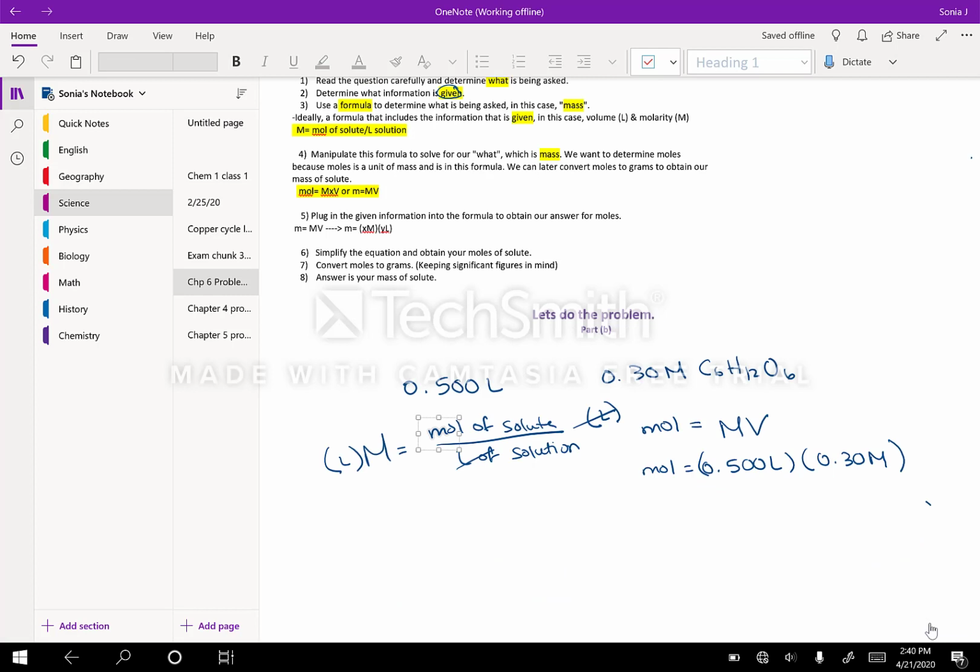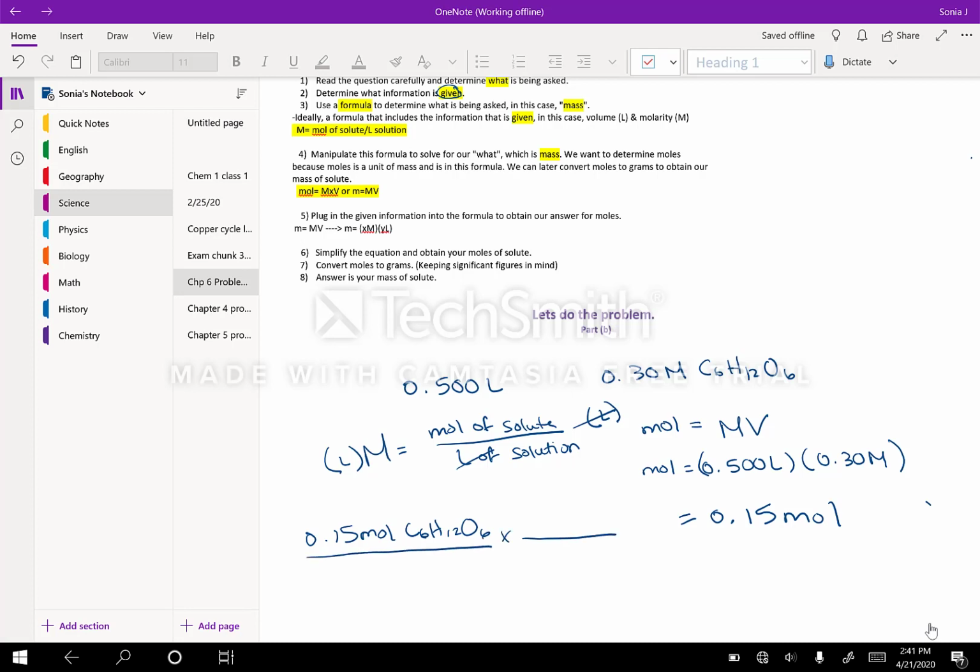Alright, if we multiply 0.500 times 0.30, we're going to get 0.15 moles. Now, what we have to do after we get the moles is, if we look back at our steps, number 7 says convert moles to grams and make sure you keep significant figures in mind. So let's convert our moles to grams. 0.15 moles of C6H12O6